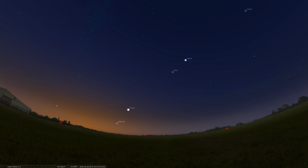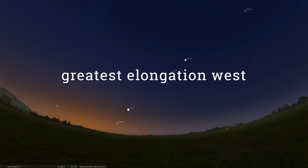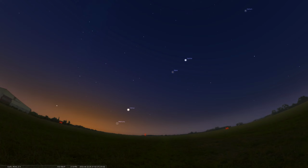But on the morning of Thursday, June 16th, we have Mercury at what's called greatest elongation west, when the planet is farthest west of the sun, which means it's as far out of the glare of the sun in the morning while you're looking towards the east. So that'll provide a great opportunity to see an additional planet with these other four. And these are all of the five